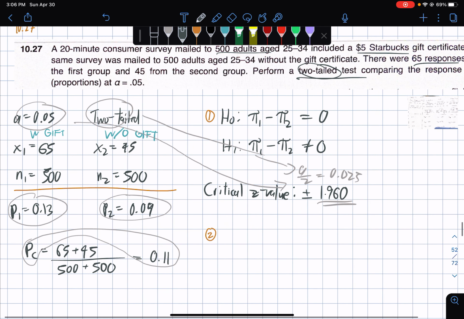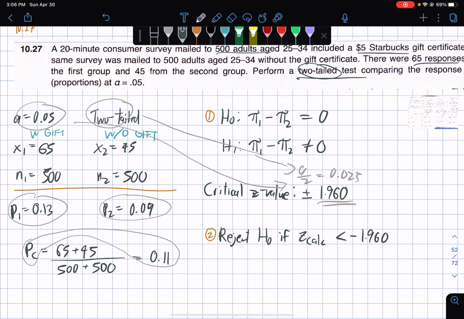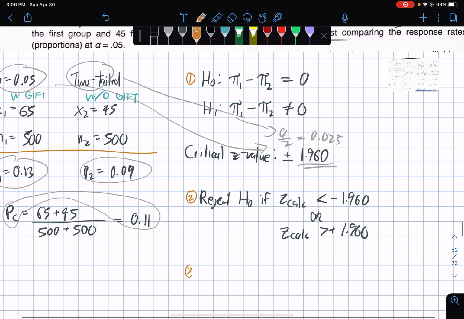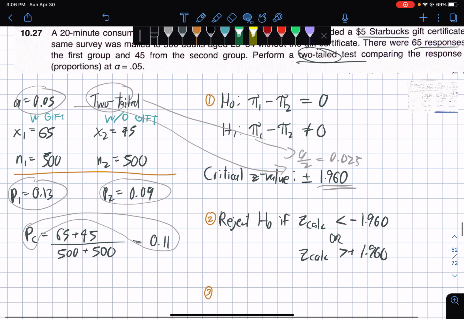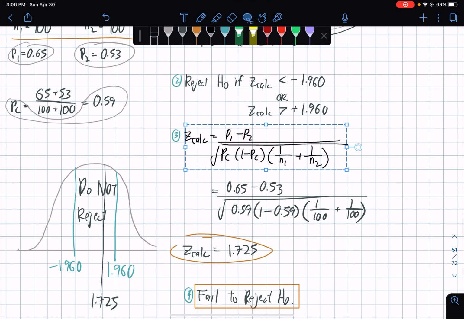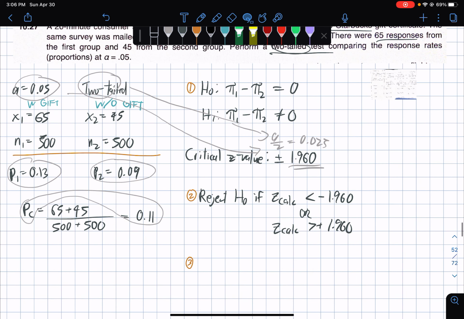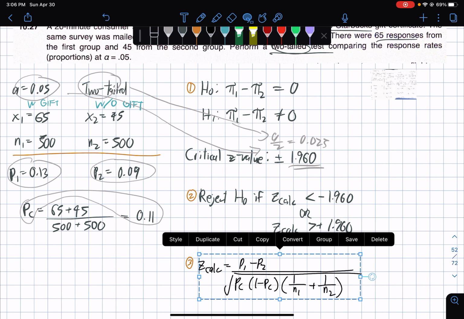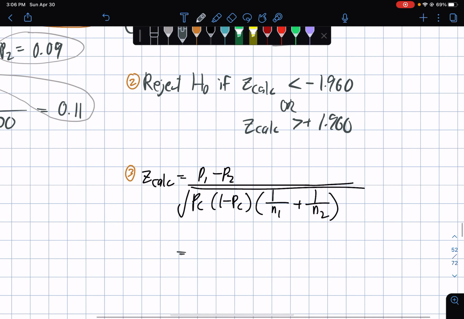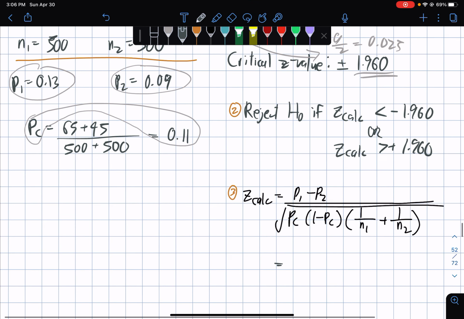Okay, for step 2, we have reject H0 if Z calc is less than negative 1.960 or Z calc is greater than positive 1.960. And for step 3, just copy paste the formula. Z calc is P1 minus P2. P1 minus P2 is 0.13 minus 0.09